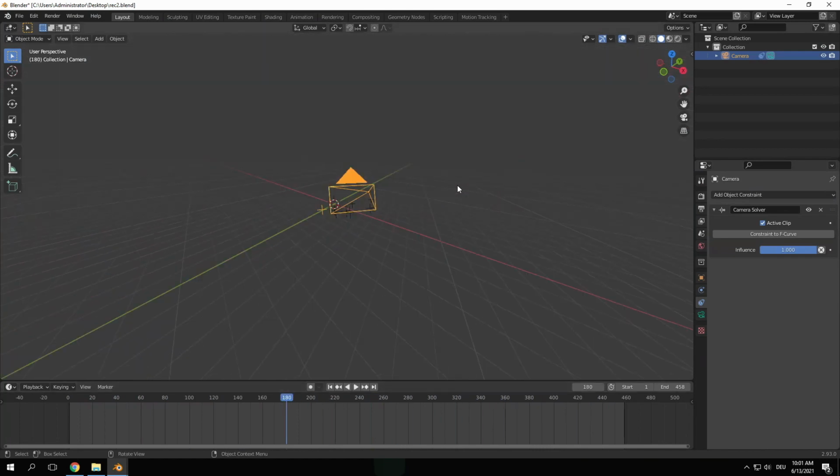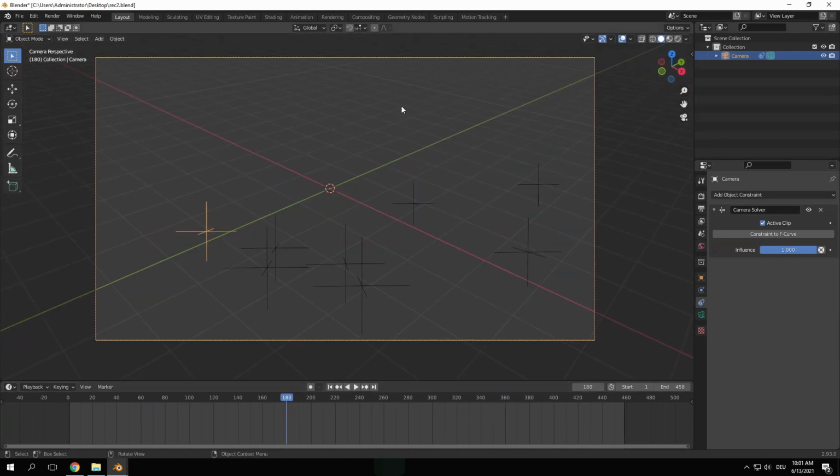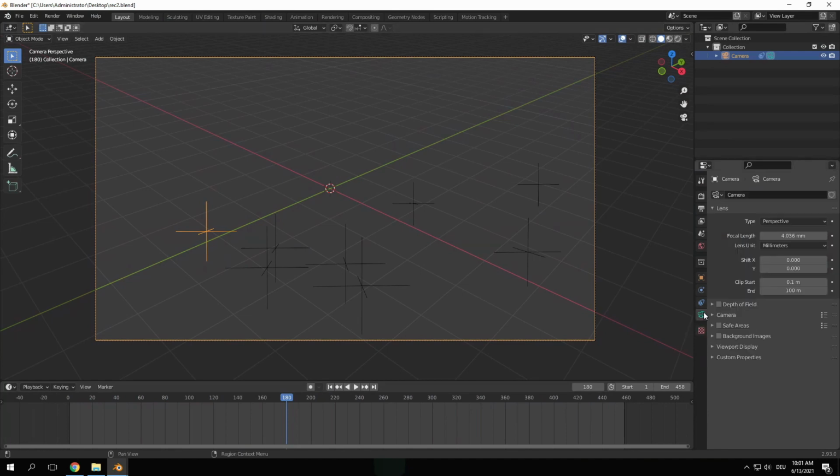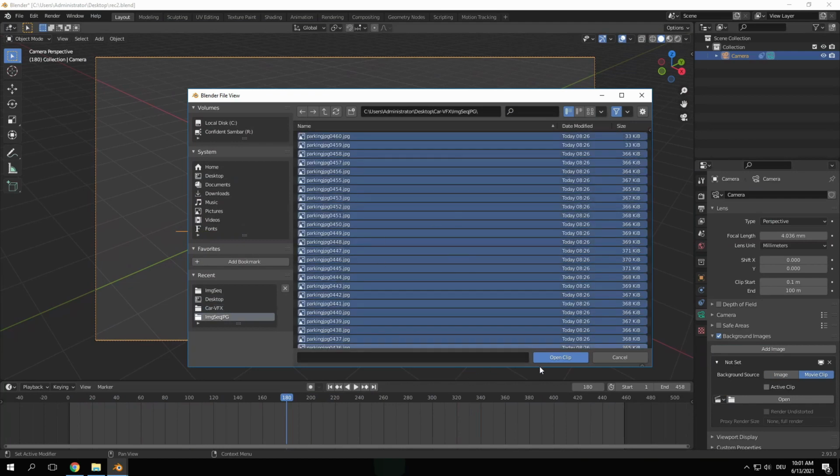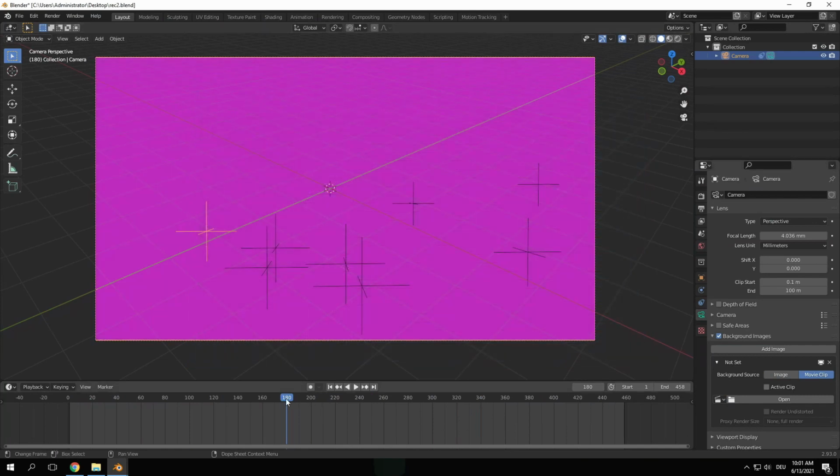When we go into the camera, we can load in a background image. So let's go to the camera properties, background image, add image. We want a movie clip. And this time we're going to use the JPEG sequence, since this will give us real-time playback. Just select everything with the shortcut A, open clip, and